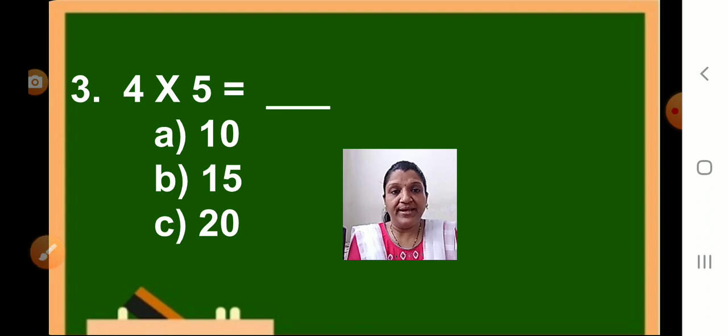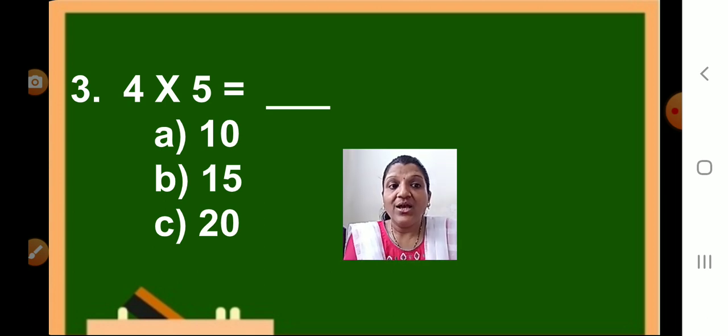Question number 3. What do you see here, children? It's given 4 multiplication sign, then 5 equals to dash. What is being asked here? What do you see? Yes, this is a table of 4. And the question is 4 5s. So what is 4 5s? Let's read the options. A 10, B 15, C 20. What is the correct answer? 4 5s